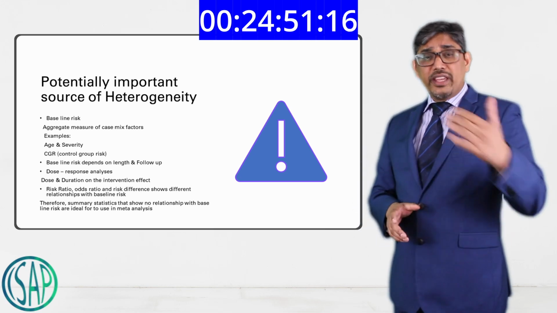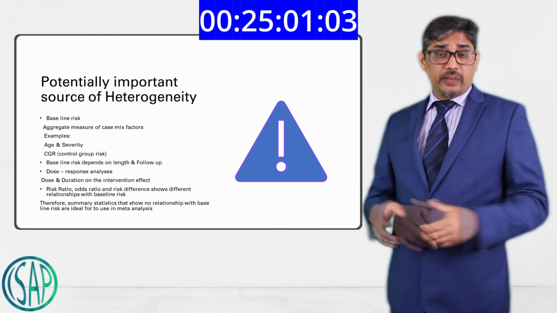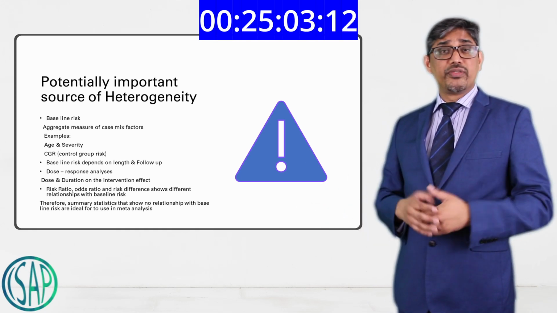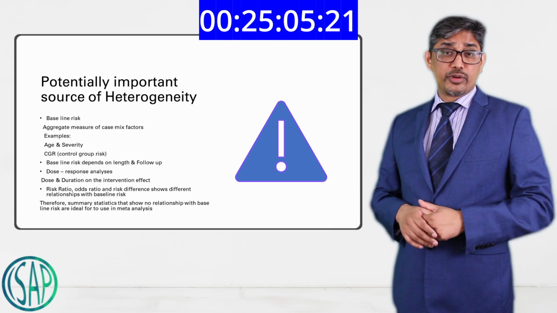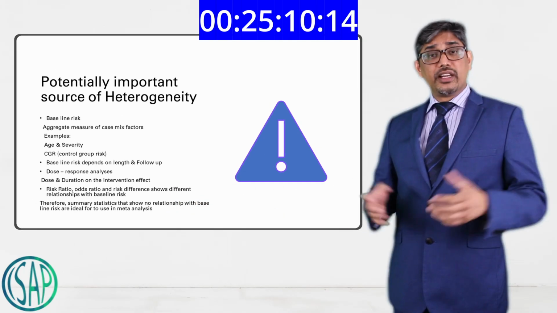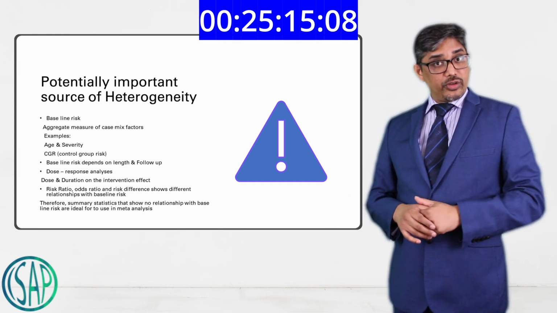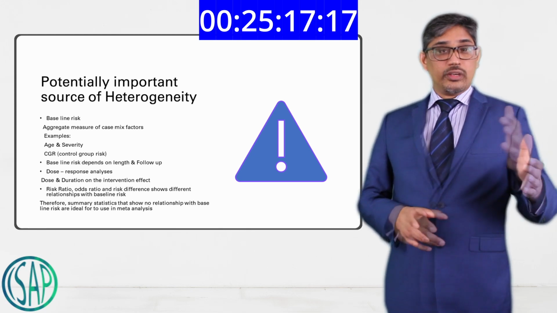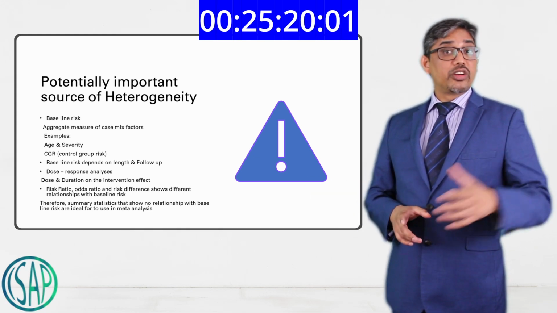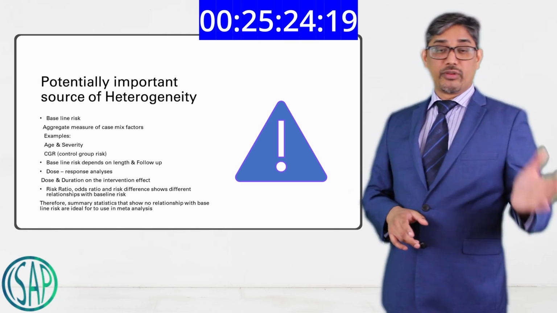For example, you may think that you have included healthy subjects as the control group, but you may have atherosclerosis, which is not manifested clinically and may be subclinical. That means that there is a risk with this type of control group, which is called control group risk. The longer the length of the follow-up, the higher the control group risk. Similarly, there is a dose-response relationship as well. Especially if you're doing crossover trials, if you're switching from one drug to another, there is something called a carryover effect from the previous intervention, which will be carried over when you switch from one drug to the other.